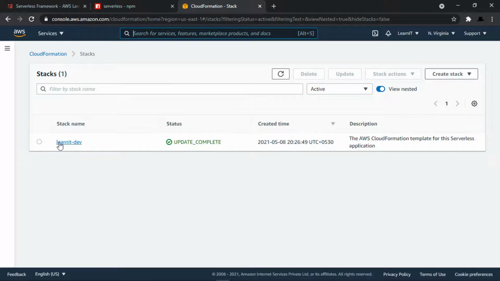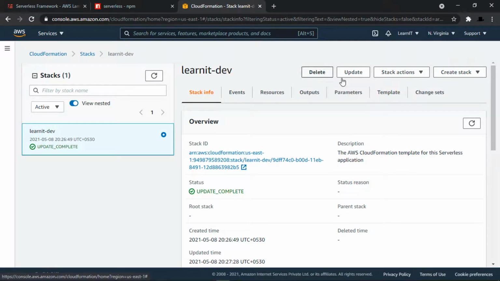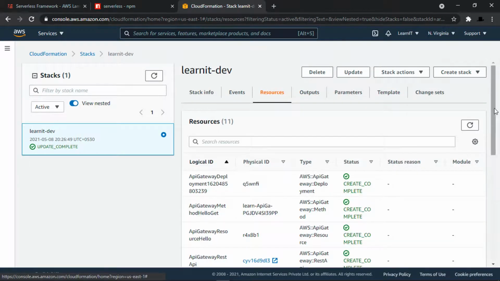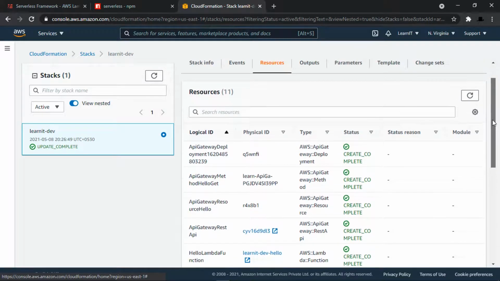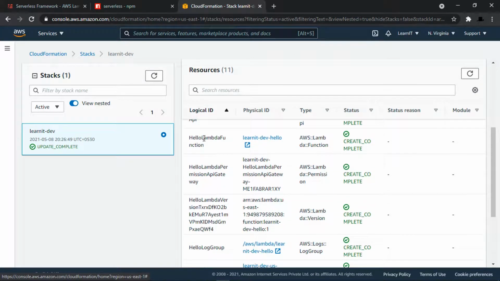And if you see, it has just created a new stack, that is Learn IT Dev. And inside this stack, if we go and check the resources, you can see it has created a new API gateway, that is hello get resource. And it has also created hello Lambda function.